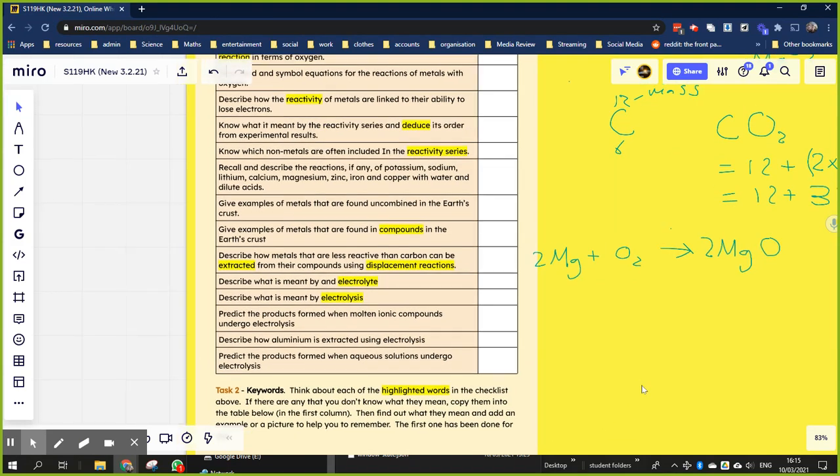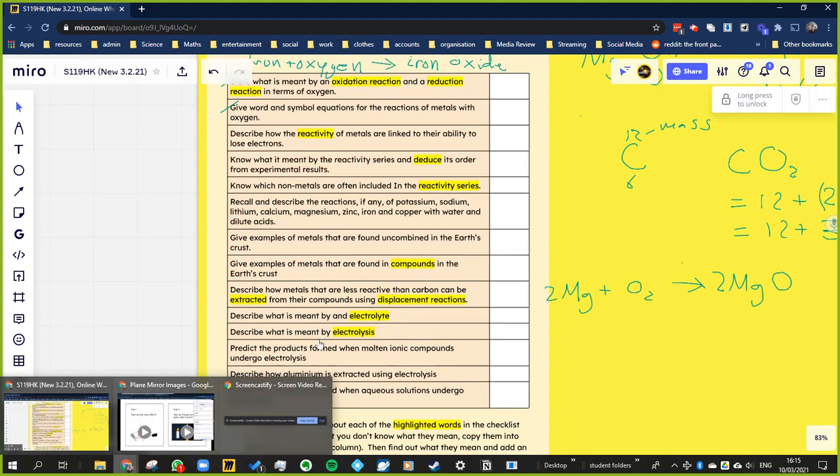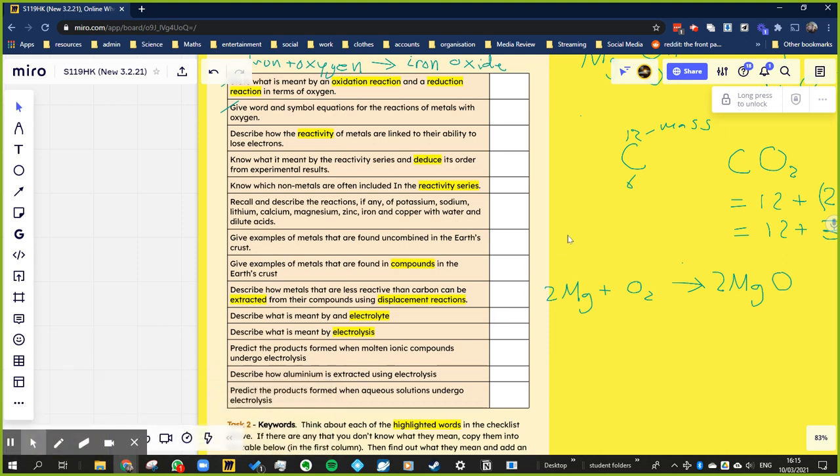Reactivity means that something reacts. So reactivity is basically describing how reactive something is. If something is reactive, then the reaction happens very easily. So let's imagine that